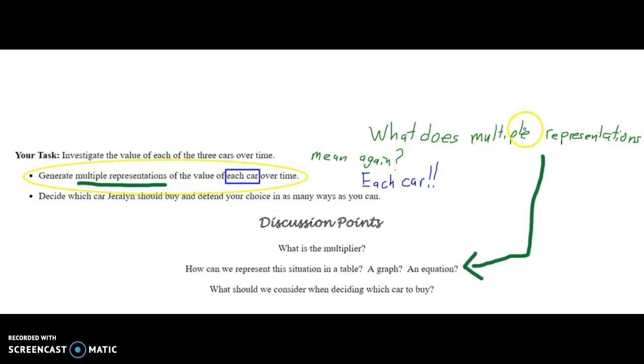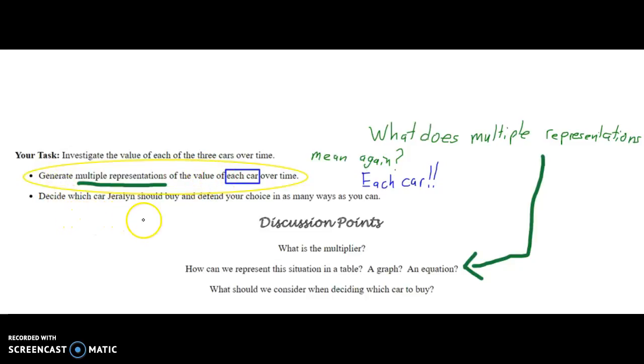In our case, when we talk about multiple representations, we are talking about a situation, which we've been given in this case. And from the situation, can we create a table? Can we create a graph? Can we create an equation? So these are things we want to be asking ourselves. And once we have created a multiple representation for each of these vehicles, for each of them, not just one, for our 3,